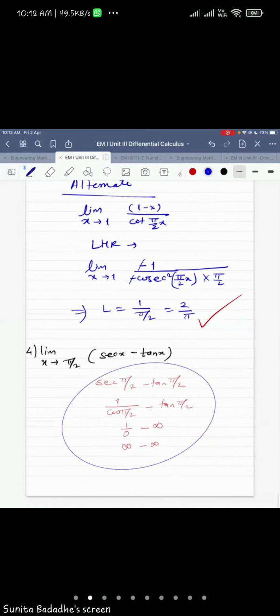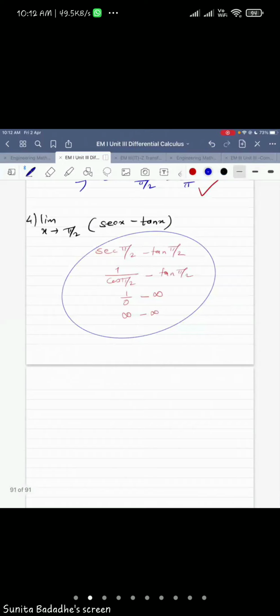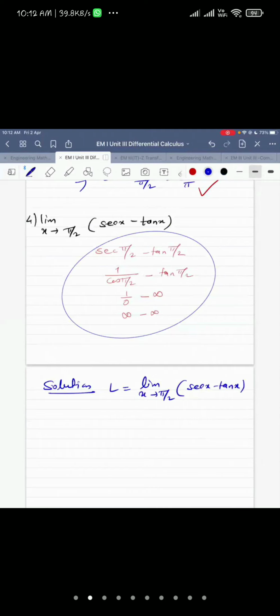Okay. Now in the exam, you have to do this as rough work somewhere, and if it is a theory paper, then your solution will start like this. Let L equal to limit x tending to pi by 2 of sec x minus tan x. So this is in the form... This form checking, as I'm telling again and again, may be a question of 1 mark in the online exam.